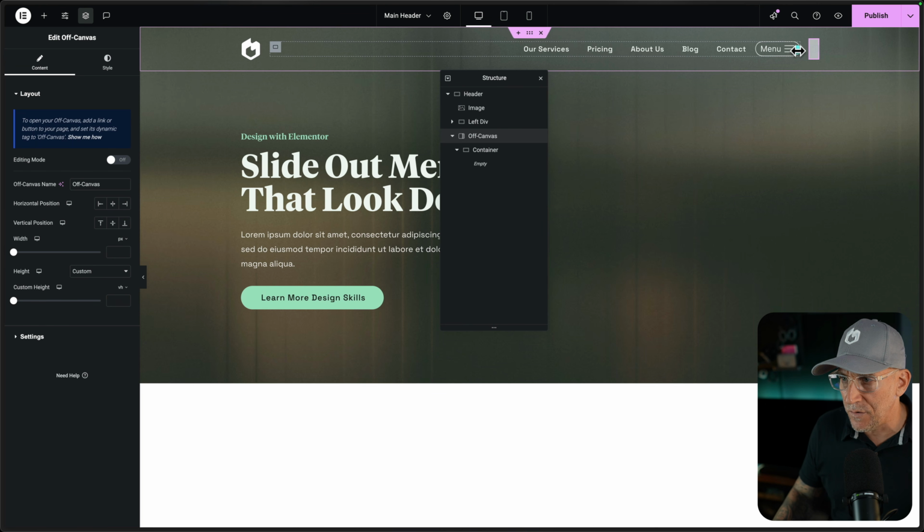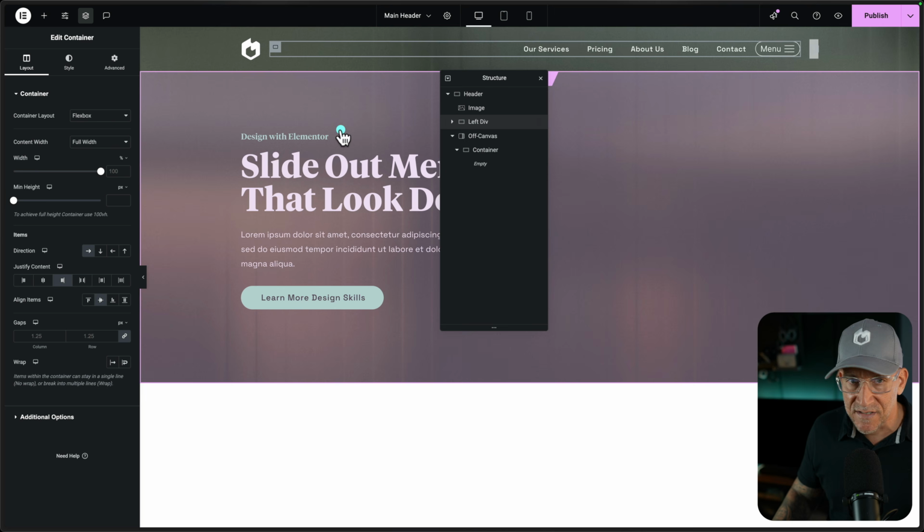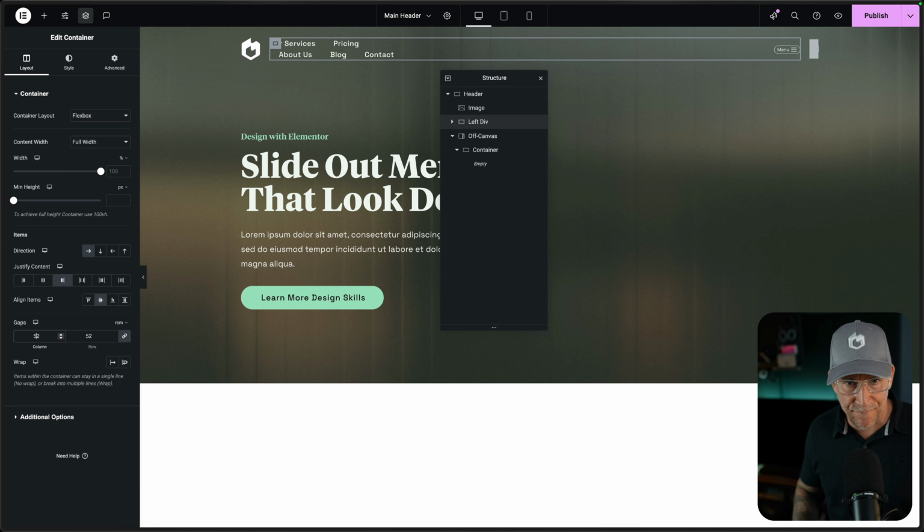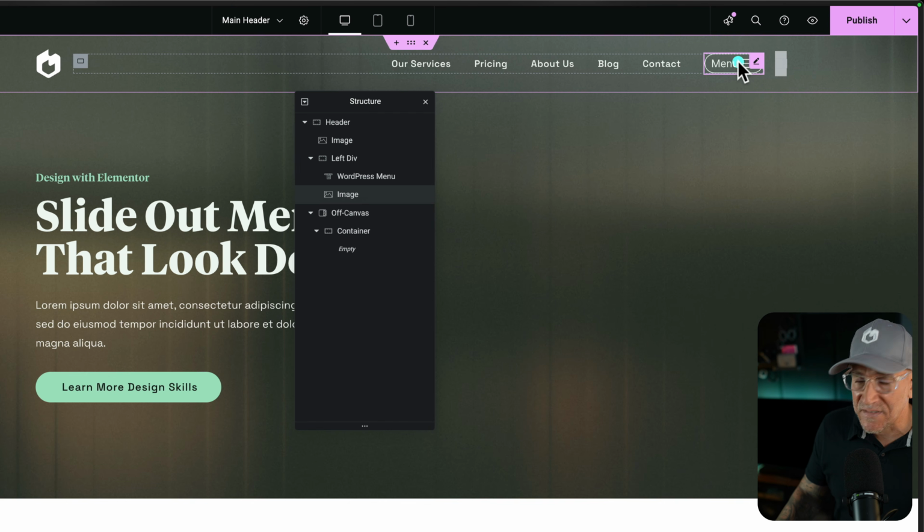We got our menu. This is looking pretty good. I would put some space in here, and this is the reason why we have this div. Now from here, I could go ahead and increase my gaps. I'm going to put in rem, and I'll just put in 2.5. The reason why we have to have this as an image is this is what controls how we open and